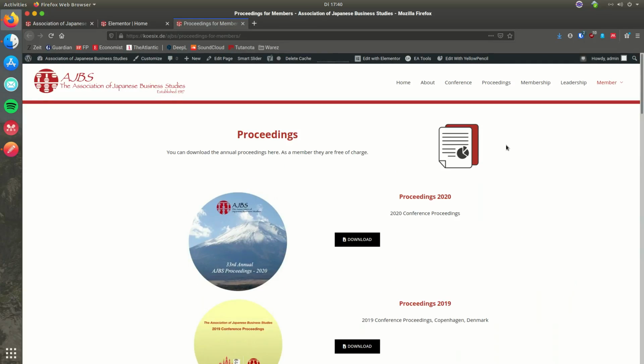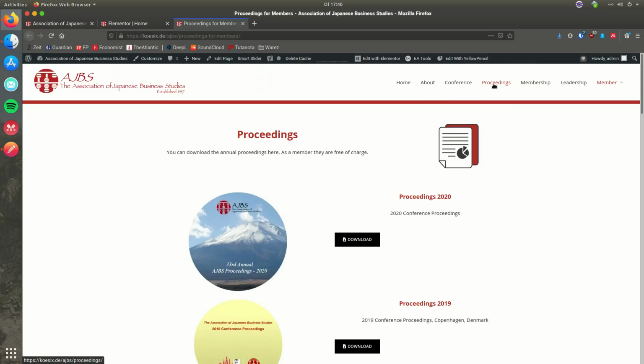This one is interesting because I have implemented something that as soon as you click proceedings as a member, you will be redirected to proceedings for members, because these are two different pages. This one is important, but I will do it later. And this one here, you don't have to edit it,